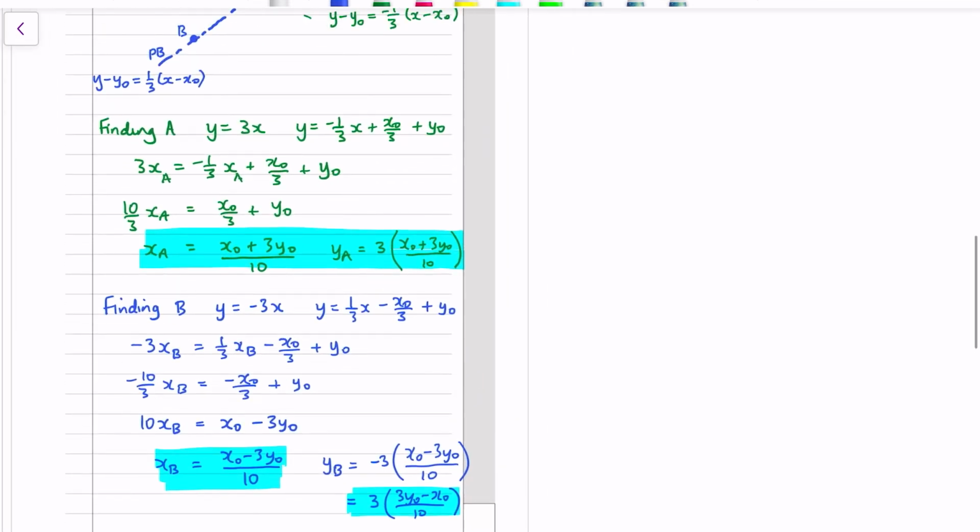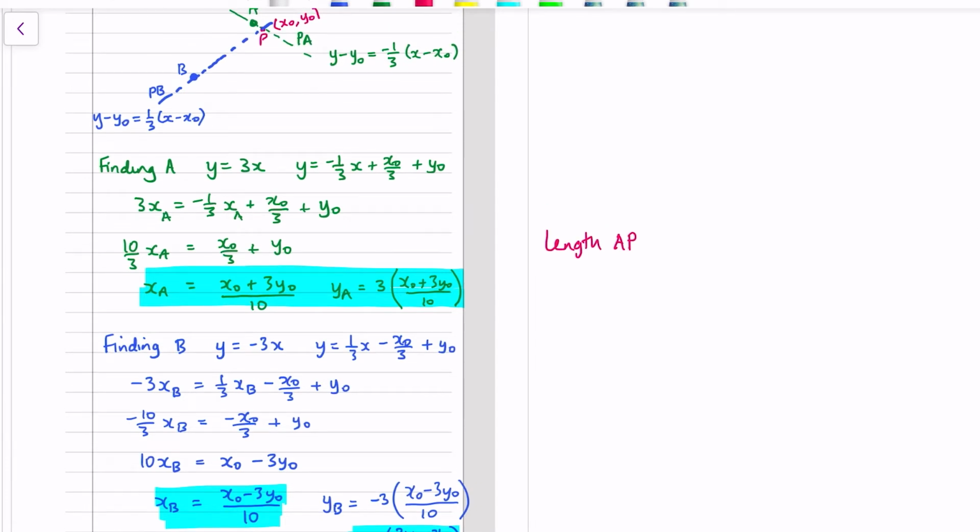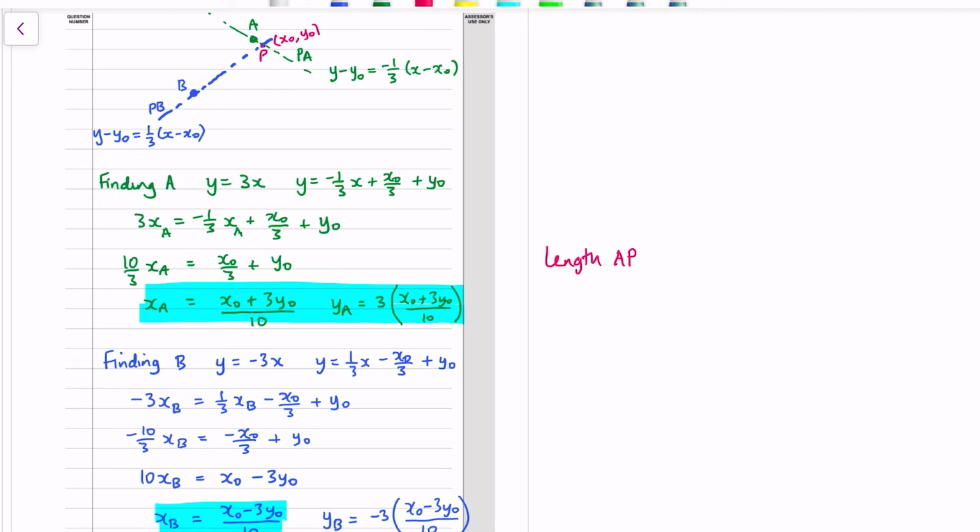So the length AP is the distance between the x value of P and the x value of A all squared. So we need to take x naught off the xA formula. We've got xA minus x naught all squared plus yA minus y naught all squared, square rooted,